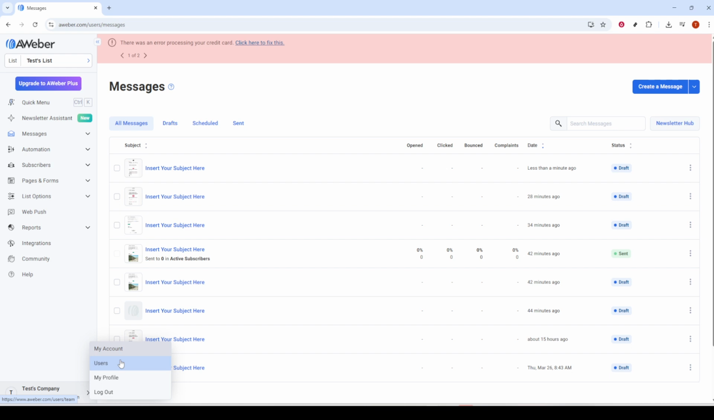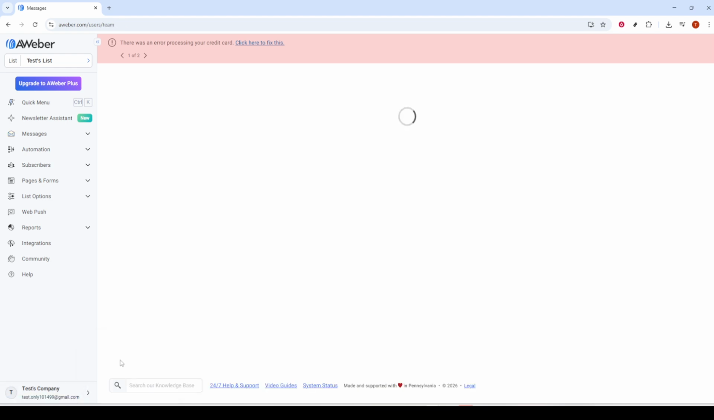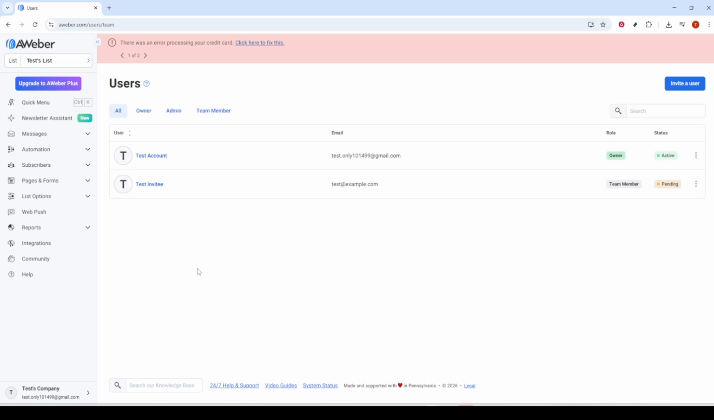Next, click on Users. This opens the page where all team members associated with your account are listed. Take a moment to scan the list and identify the person you want to remove. You can scroll through the list or use any available search or filter options to narrow it down. Double-check the member's name and role so you're sure you're selecting the right person, especially if multiple users have similar